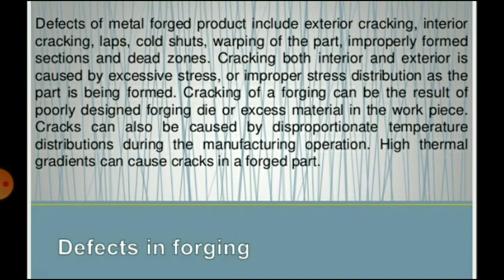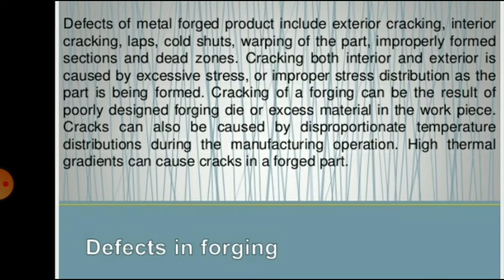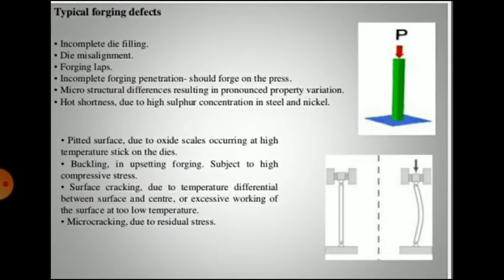Regarding the defects in forgings, forging defects may result from the following causes: poor quality of stock, incorrect die design, improper heating, incorrect forging conditions, wrong forging methods, uneven cooling of stock after forging, etc. The common defects in forgings are